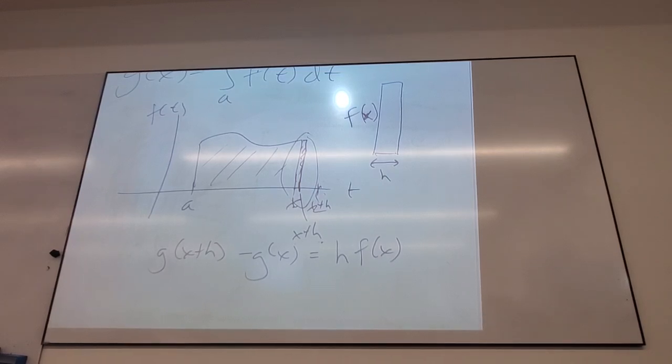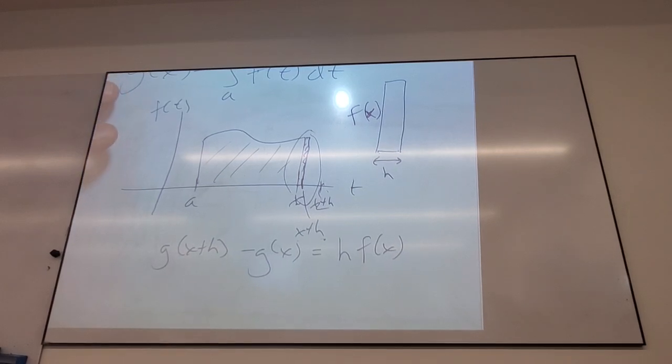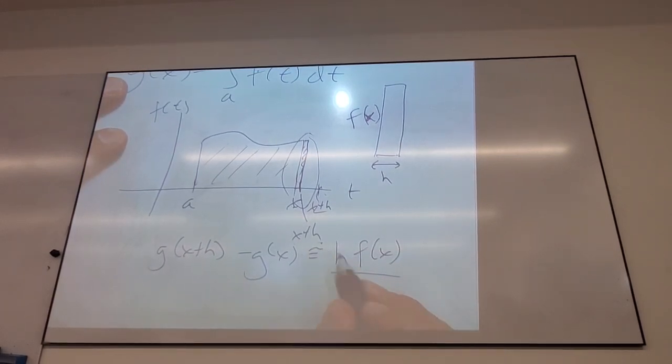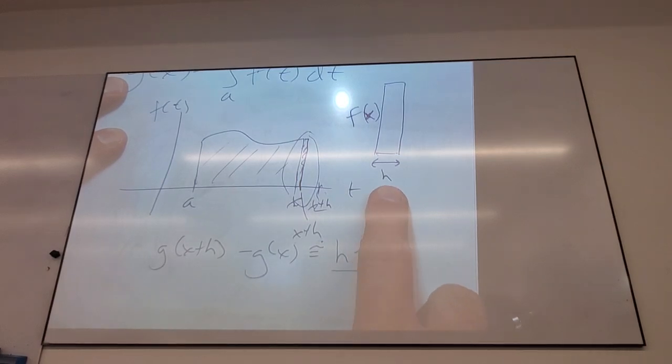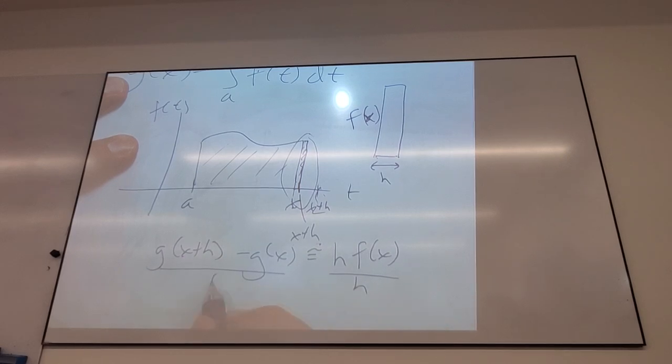Can you guys see, in one step, g prime almost kind of showing up? What's the definition of g prime of x? Limit definition. The limit as h goes to 0 of g of x plus h minus g of x, all over h. You guys see how? Divided by h. By the way, this is approximately. Why is it approximately? Because if h is big, I don't know what that side is shaped like, so it's approximate. So I still have to take a limit. So the limit as h goes to 0 of g of x plus h minus g of x over h